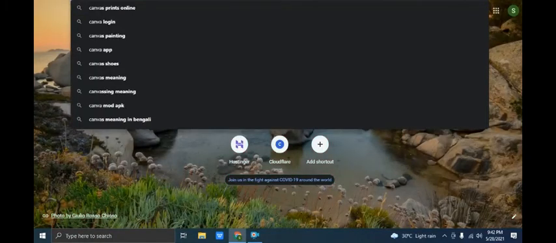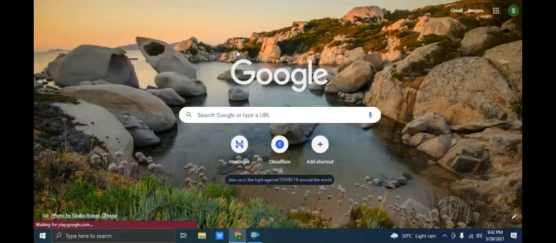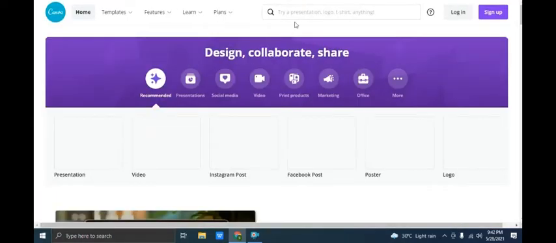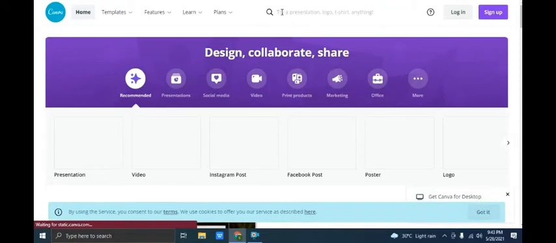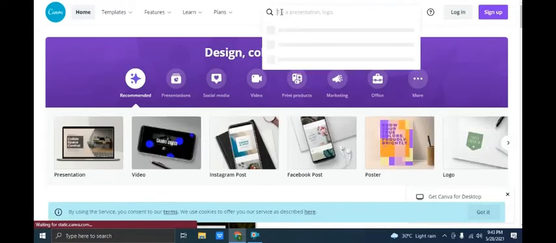From here, upload the feature image. That is very important, because this image is seen on the dashboard and on the main website. For making the image, I am telling you a very easy way: go to canva.com. Here you can make your images free of cost. You need not do anything. You can make your free images as you want.